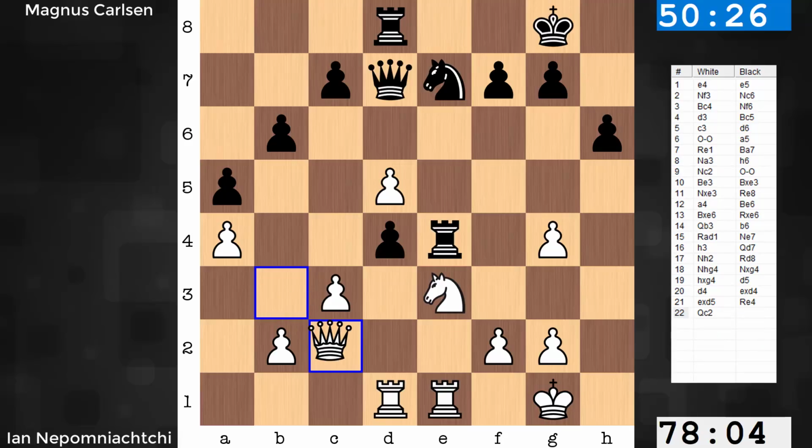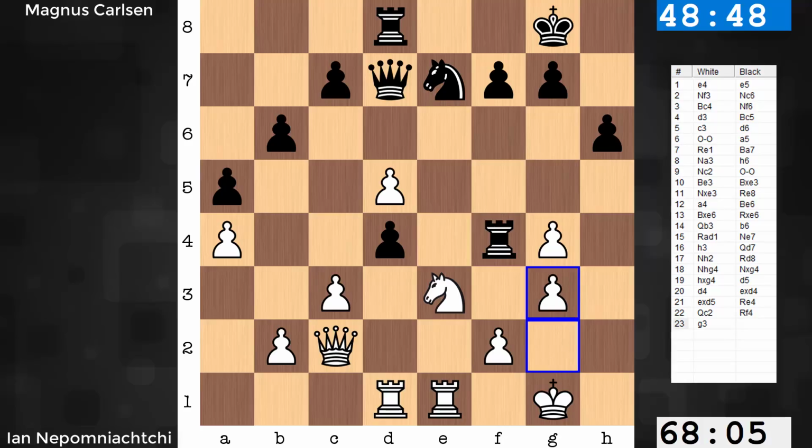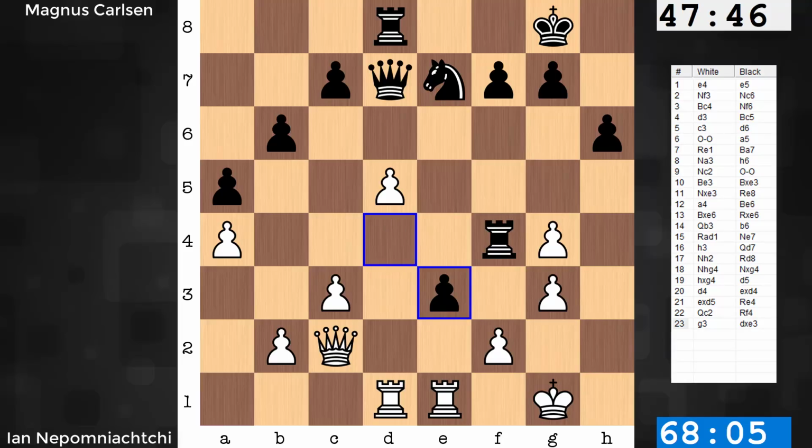Okay, in this game, it's queen c2, rook f4, and a little bit of a think here, right? It's about 78 minutes remaining for Nepomniachtchi. He spends about 10 minutes on this move 23, g3, and that's a big blunder. This knight can be captured, and it is. Instead of g3,